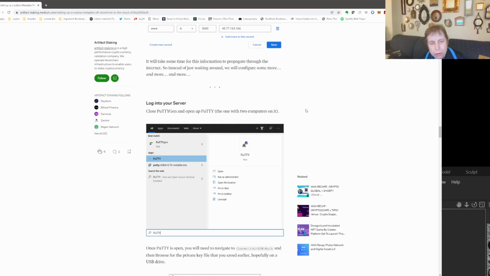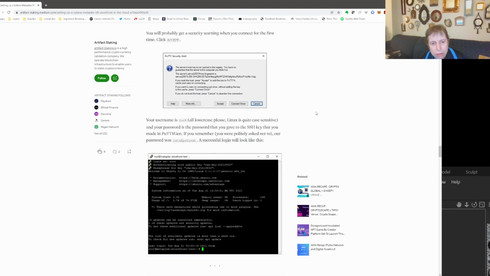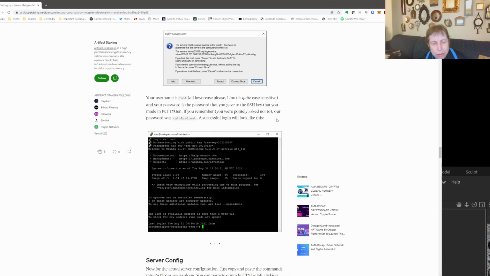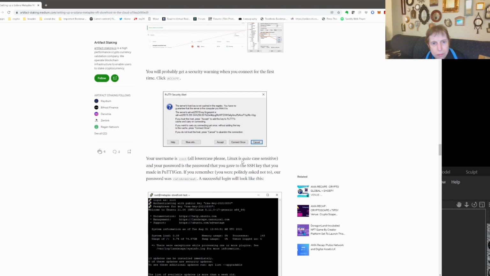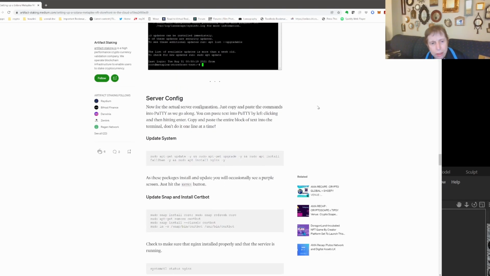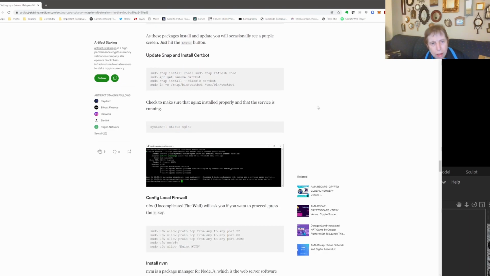So once you have it, you have to have your key to make sure it's a secure connection, and then you can just log in to your server, and you generally do get this kind of warning the first time. But a couple of things that are required if you are going to have a server, and it could be a server on your own machine,